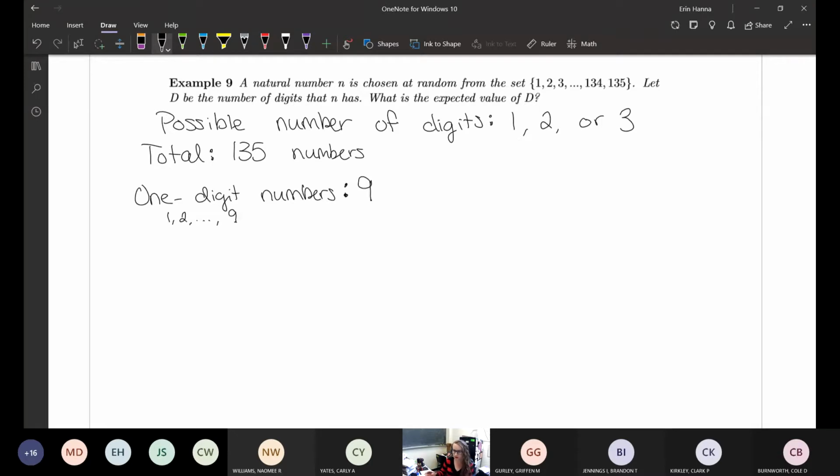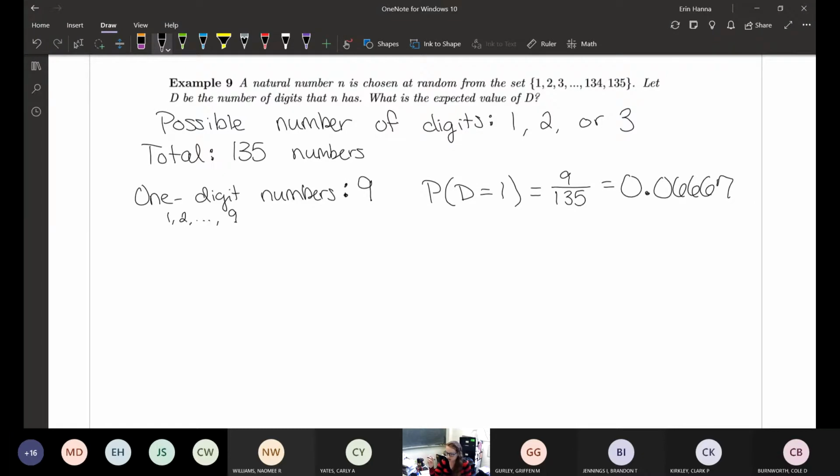So there are 9 numbers that have 1 digit: 1, 2, 3, 4, 5, 6, 7, 8, 9. So the probability of the number of digits being 1. Remember, we have this odd notation with too many x's floating around, but since we're naming the variable d, we're going to use d instead of x. So we're saying the probability that the number of digits is 1. Well, there are 9 numbers that have 1 digit out of 135. So we would have